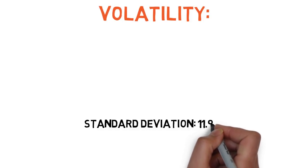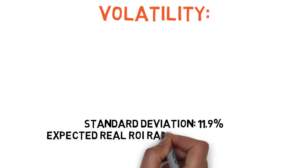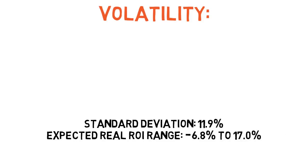The average standard deviation of returns for the classic 60-40 strategy was 11.9%, which means that on any given year, we can expect that most of our returns will fall somewhere between negative 6.8% and 17% with this strategy. That is a wider margin compared to the more tranquil permanent portfolio, which had a standard deviation of just 8.6%, but it is significantly narrower of a gap than the one we saw with the all-stock strategy, whose standard deviation